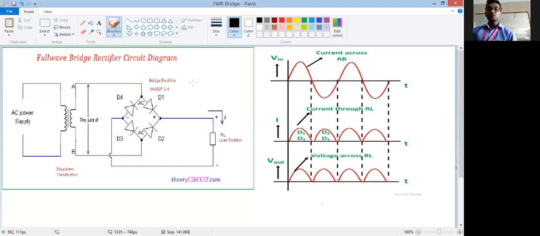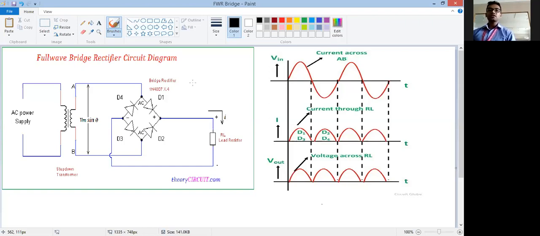As you can see, why is it called a bridge rectifier? In physics, you must have seen the Wheatstone bridge network. A Wheatstone bridge means there are four lines, and on the four lines, four resistors are connected. If you apply voltage at two points, at the other two points you will get a voltage, and you can calculate the value of the remaining fourth resistor, which is unknown to you. You have seen that practically in physics also. The same Wheatstone bridge type of network is there, but here instead of resistors, we have connected diodes. That's why this circuit is known as a bridge rectifier, because it uses a bridge to convert AC into DC.